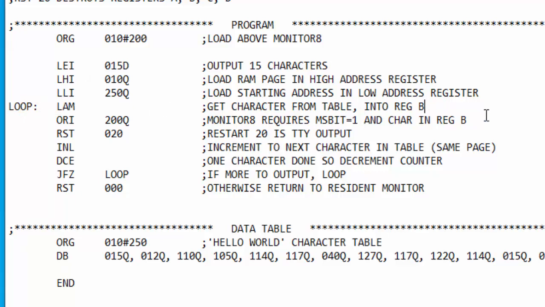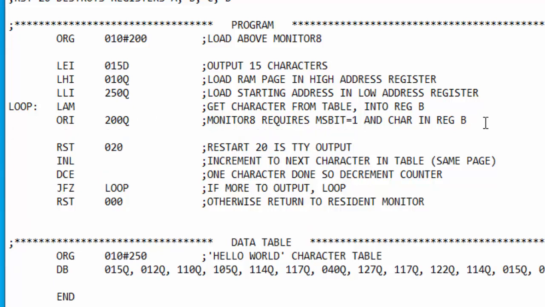I forgot that I had to set that bit to 1 in the A register, and so let's do it. LAM, OR with 200 to set the most significant bit, and now I'm going to LBA, put that into register B,